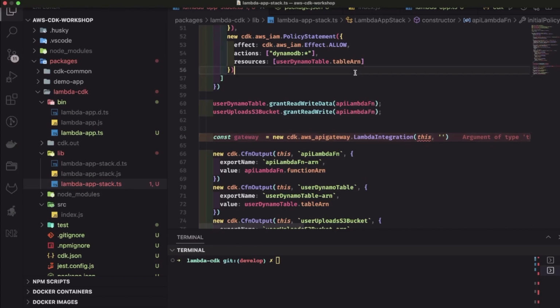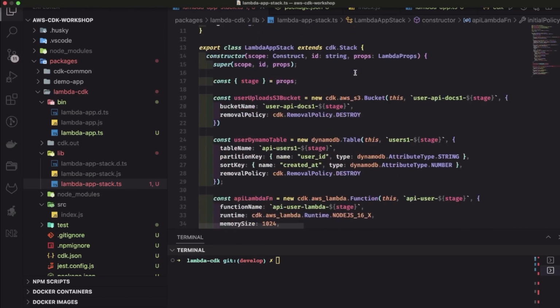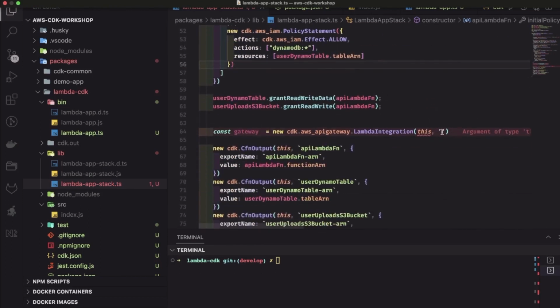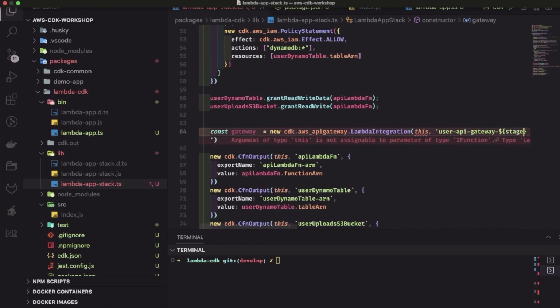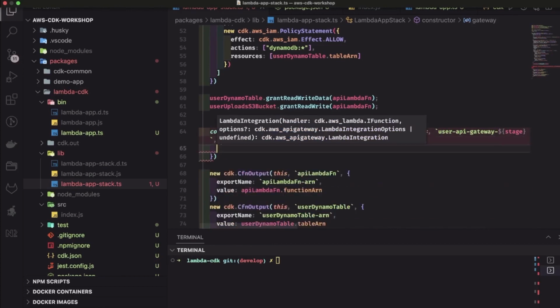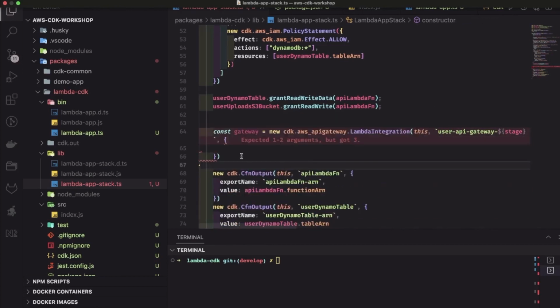The API gateway name can be as simple as user API gateway, and you can also pass the stage. And then the next argument is, because this is the proxy API gateway,